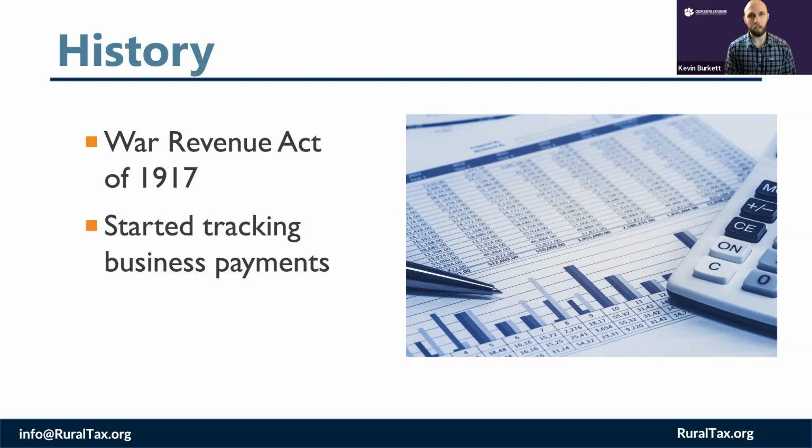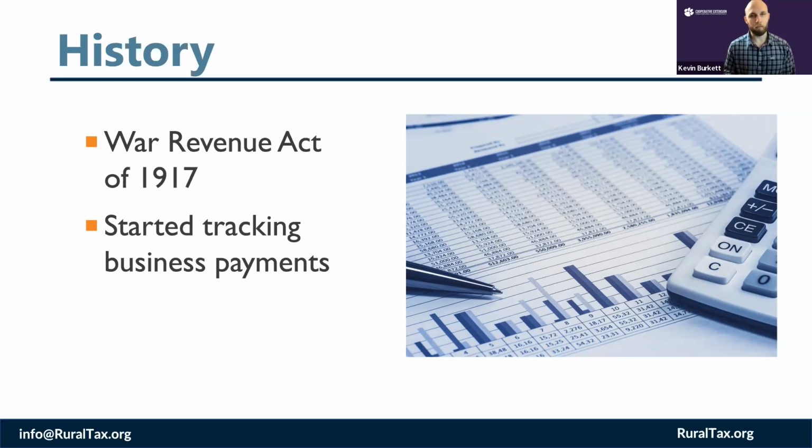And so basically it said that if there were payments of $800 that were made between businesses, then that information had to be reported to the IRS. And that's pretty much the same requirements that we see today. We'll talk specifically about that. But if payments were made, and it could be, say, two $400 payments, or it could be one payment that exceeded $800, then that had to be reported to the IRS. Just something of note.